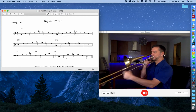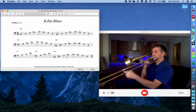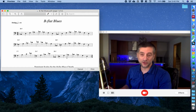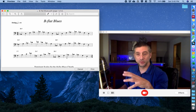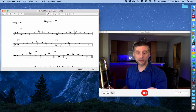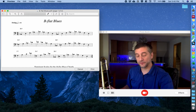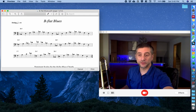Or, and so on and so forth. The only limitation to those patterns we create is our own imagination and creativity. So you want to start with things that are doable and work your way up to more complex tasks, and not only learn that pattern in the 1 key, but also learn it in the other keys of the blues that we need. That'll give us the most flexibility to be able to improvise and change our note selection along the way